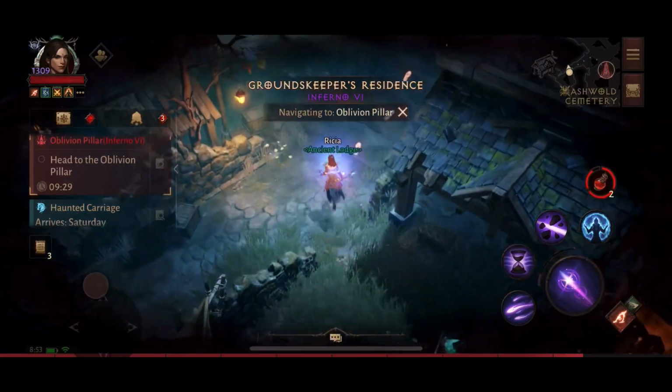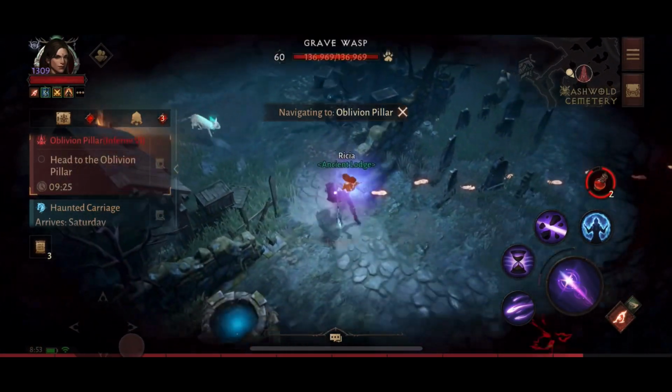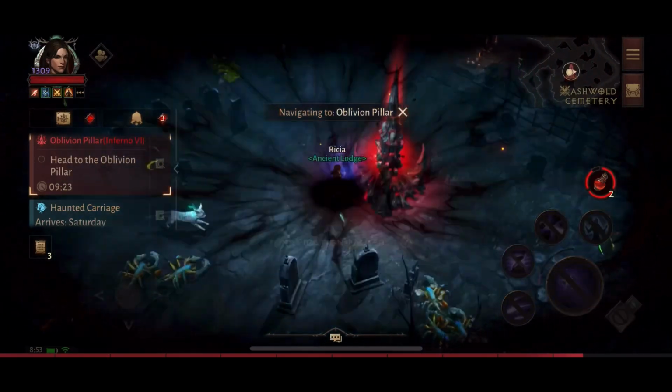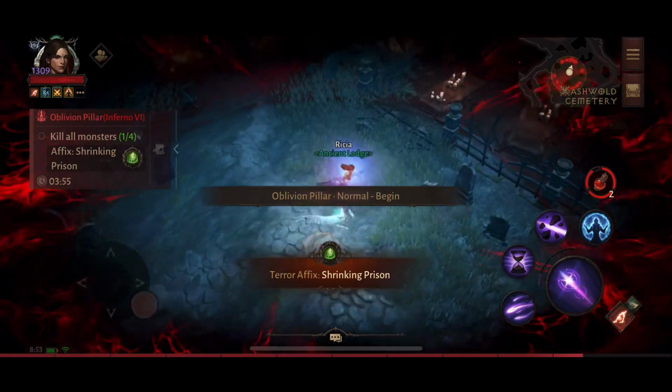Now I wanted to test out activating this shrine. So I've got the Empowered Shrine here, and I wanted to see if it still worked once activating the Oblivion Pillar, and it looks like it's still active. Let's see if my attack speed...